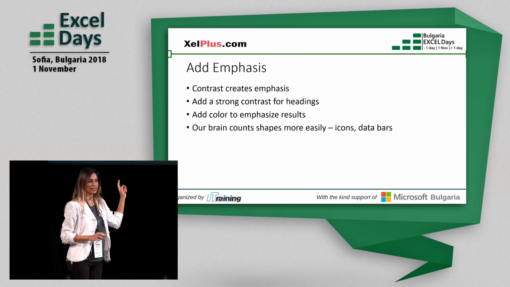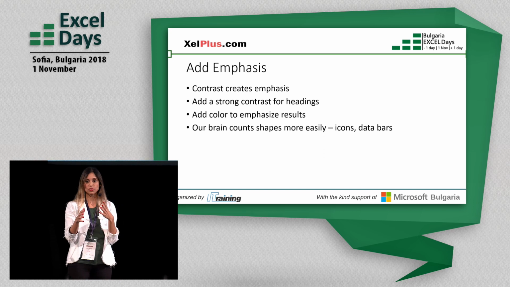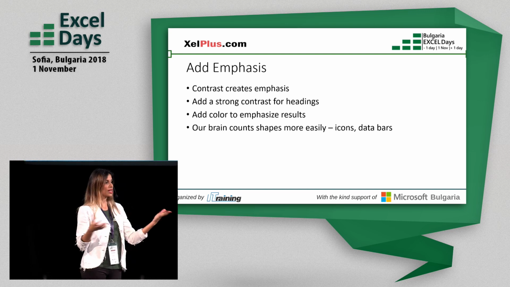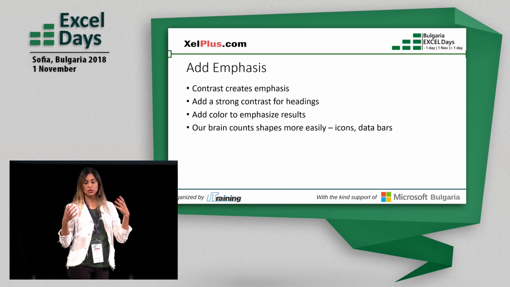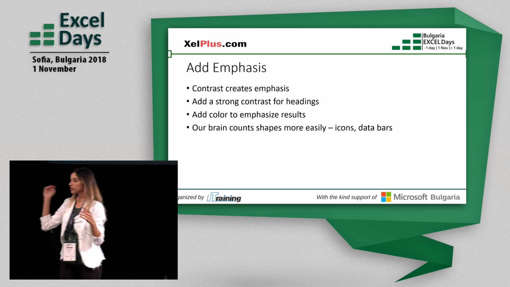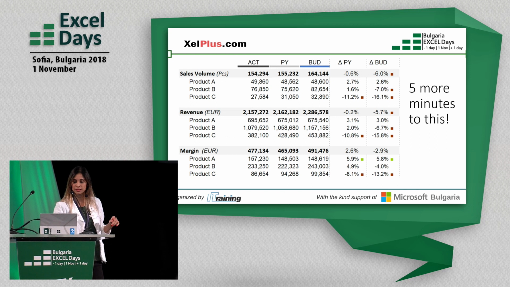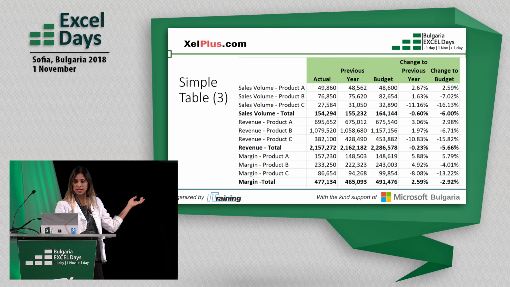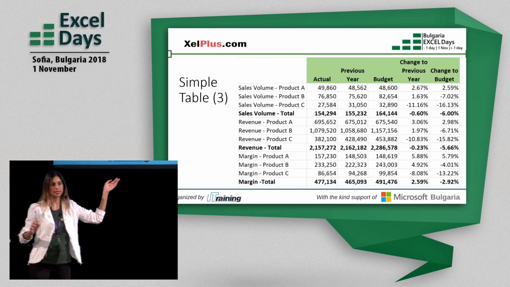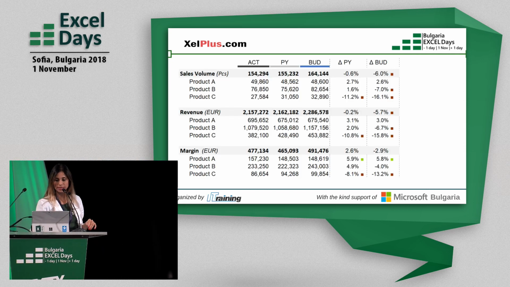All I did in my 2nd report was to add emphasis. And how do you do that? How do you add emphasis? You just have to add contrast. You just have to bring in something that looks different to the rest. So in my original report, you see the only contrast I had was my header, and I had some bold in there. In the report that I redid,